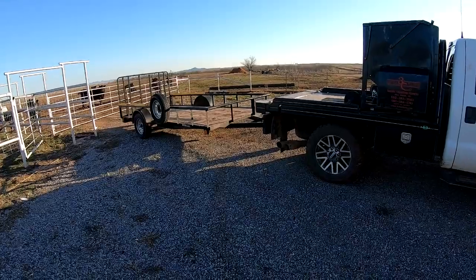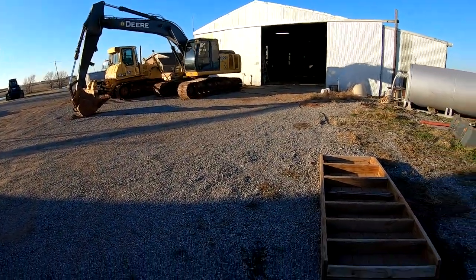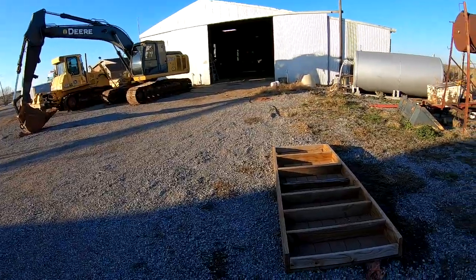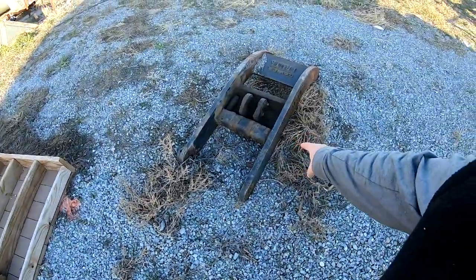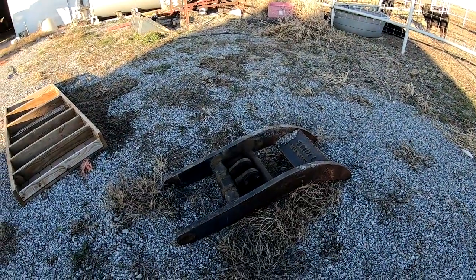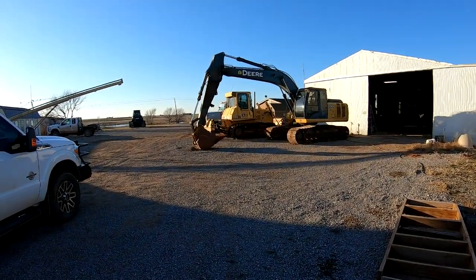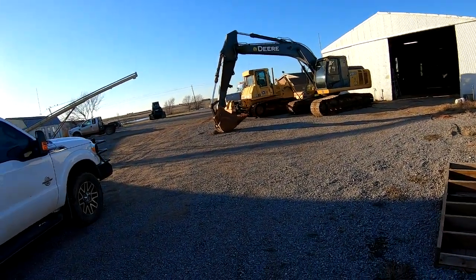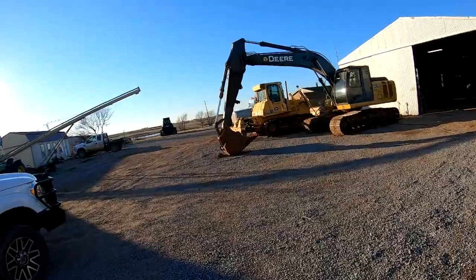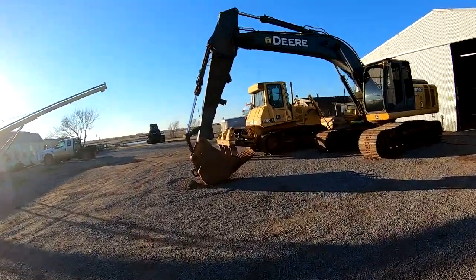We got a load of trash out of the barn here. Trying to clean up the clutter around here. We gotta get rid of this thing. And here's the thumb off that excavator. It needs a new cylinder. I bought it and it needed a cylinder, so I priced a cylinder through John Deere and it was $6,000. So I don't really want to pay for that. I took the old cylinder to have it rebuilt and it was destroyed. So I don't know what they did to destroy it that bad, but